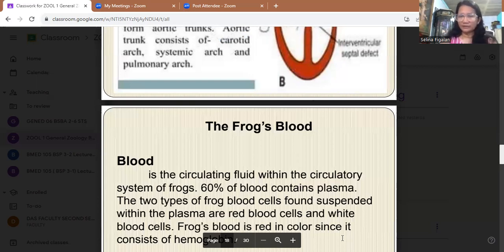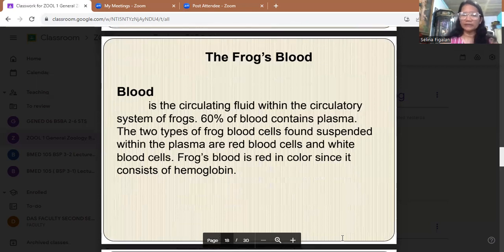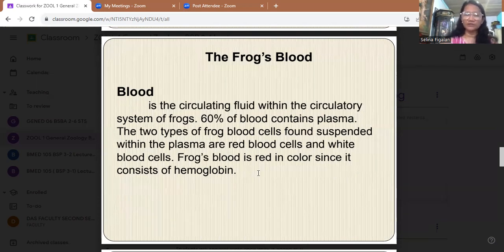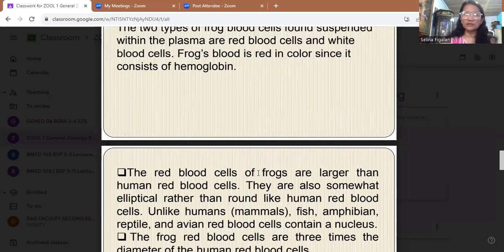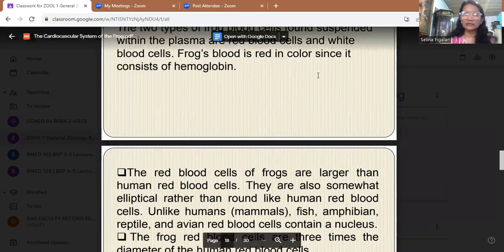Okay, so pag hinihingal tayo, ang ating hemoglobin ay bumababa. For those who are suffering from dyspnea or difficulty in breathing, ang hemoglobin ang nakamonitor. Okay, it is delicate class pag bumabagsak ang hemoglobin ng isang tao. Because this is the one that carries, this is important along the red blood cells, which is the one that